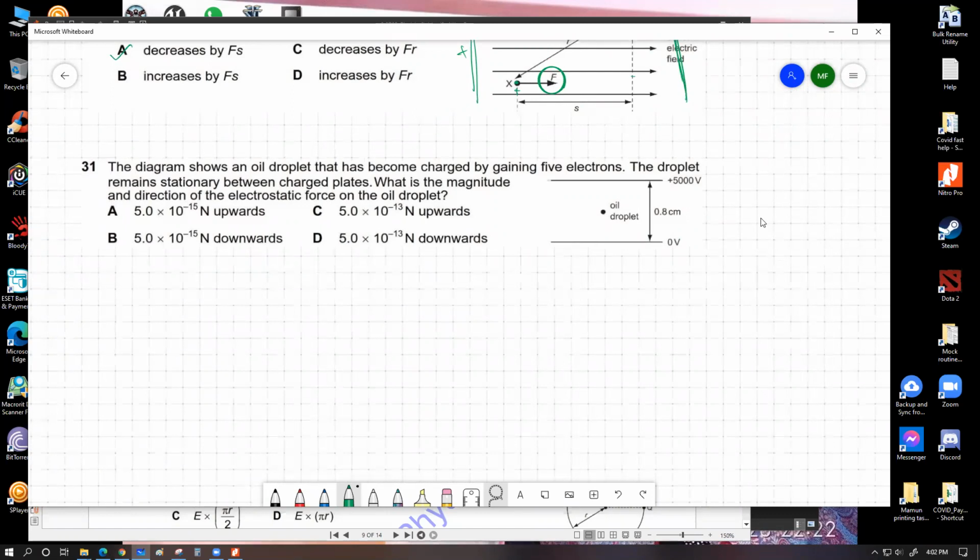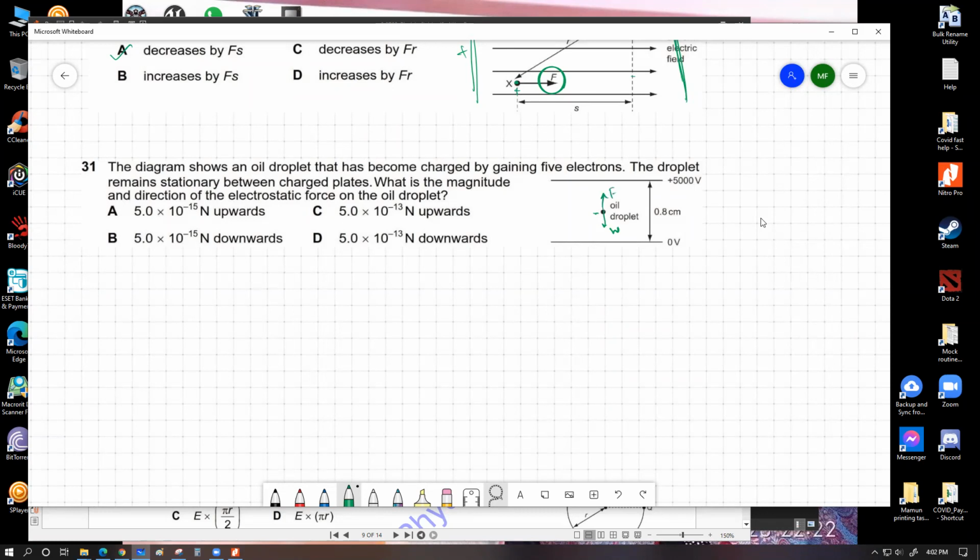Have a look. The diagram shows an oil droplet that has become charged by gaining 5 electrons. So it is definitely negatively charged. The droplet remains stationary between charged plates. What is the magnitude and the direction of the electrostatic force on the oil droplet? Try to understand. This oil droplet has some weight. The weight will definitely work vertically downwards. If this oil droplet has to be at equilibrium and at rest in this position, the electric field force must work